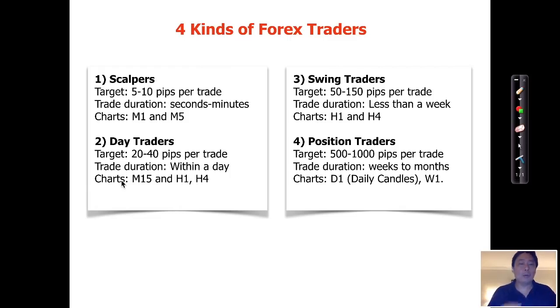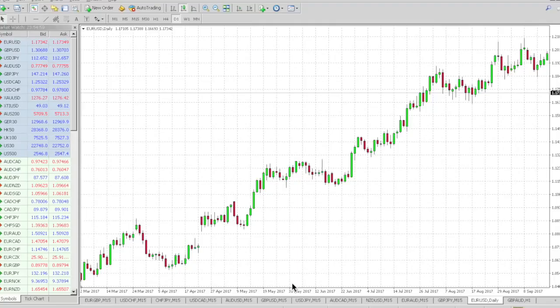And again, my usual target is, like it implies, 20 to 40 pips per trade, and I tend to trade on 15-minute candles. So each candle is a 15-minute time frame. So that is my personal style. So let me show you the charts and show you how this kind of looks on the charts itself. Alright, so let me show you an example of the different kinds of trading styles with the charts, okay?